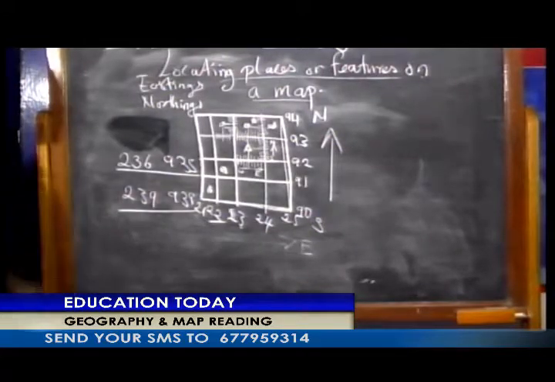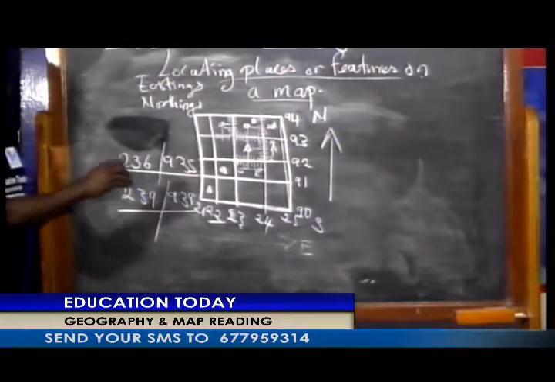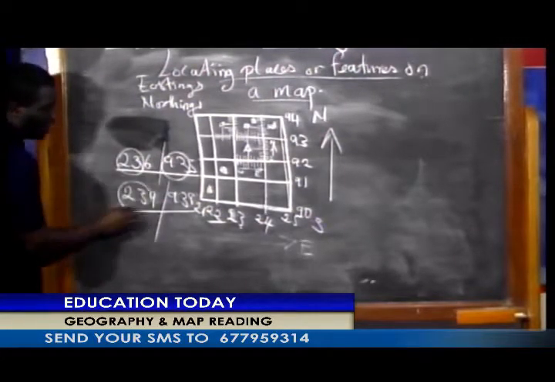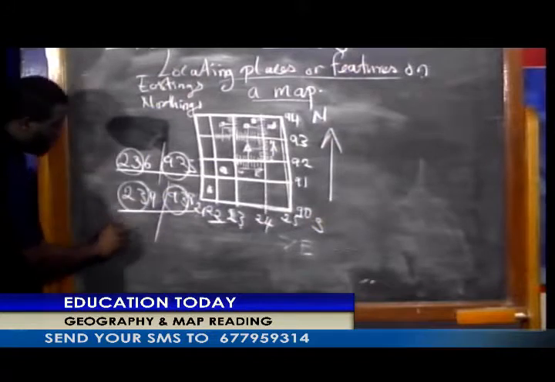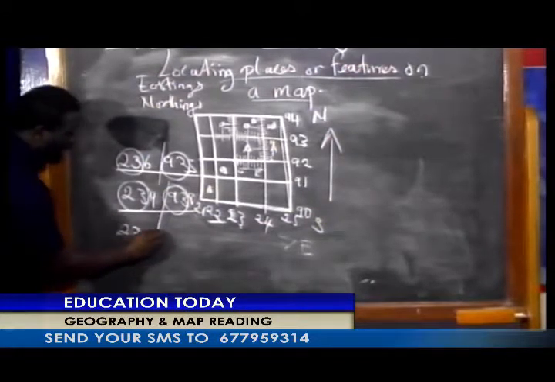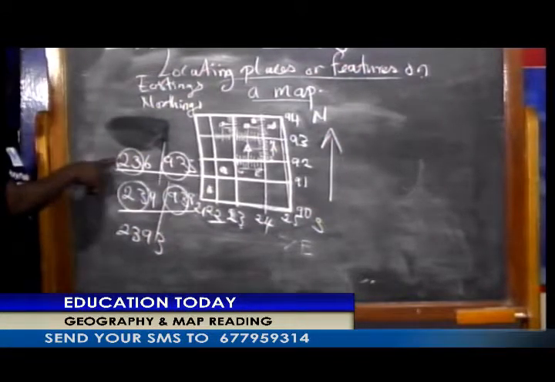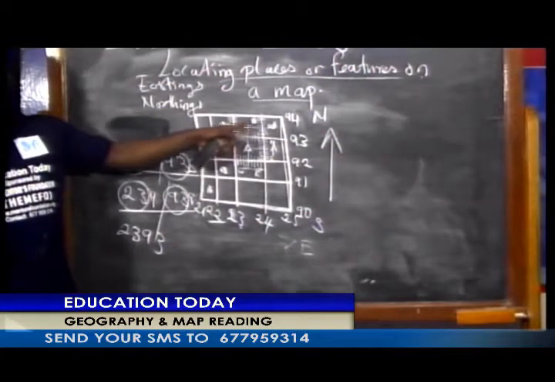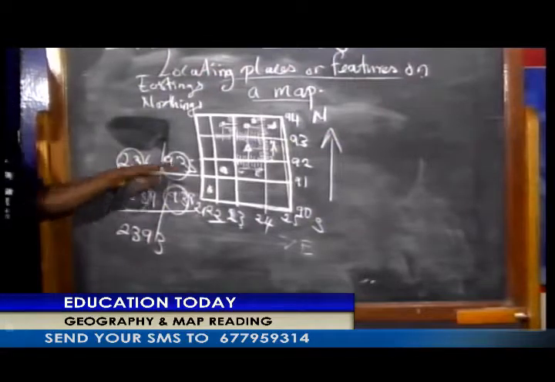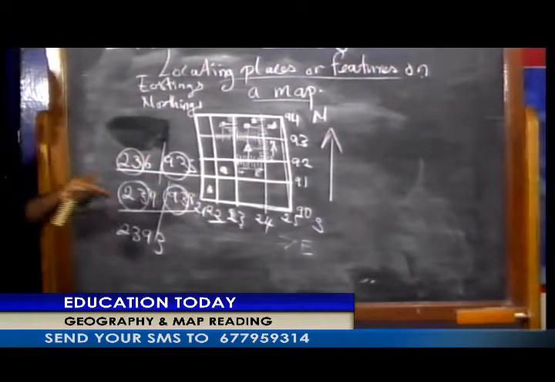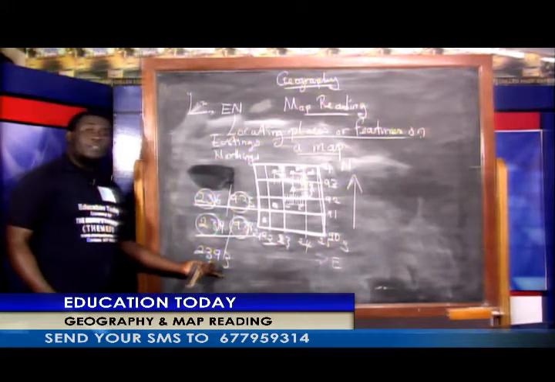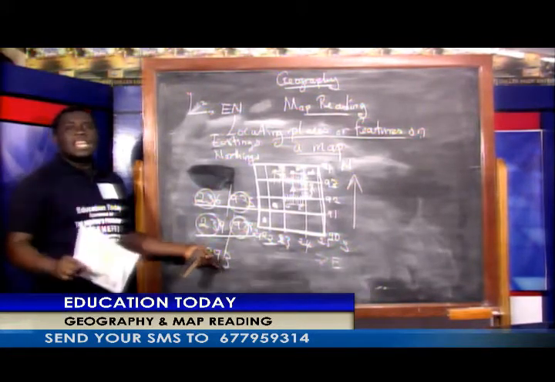Meaning, if we are to separate these, and we circle the first two of each group, when we bring them down, we have 23.93. It will be the same for the two features. But now, what distinguishes the two features is the actual position where these features are found in the map. So you have these other figures showing you that these numbers are different. But if you bring it down to the 4-figure grid reference, it clearly shows that they are found within the